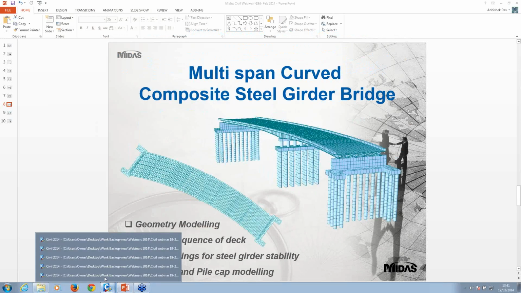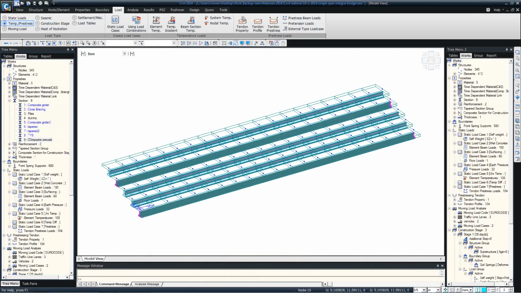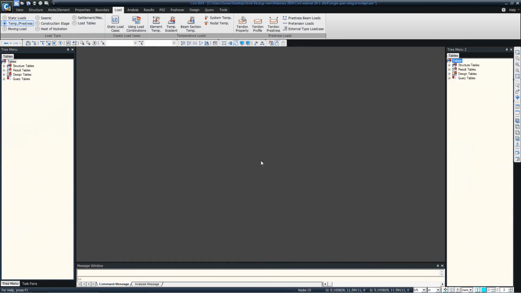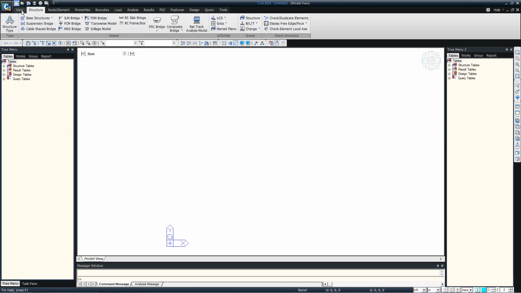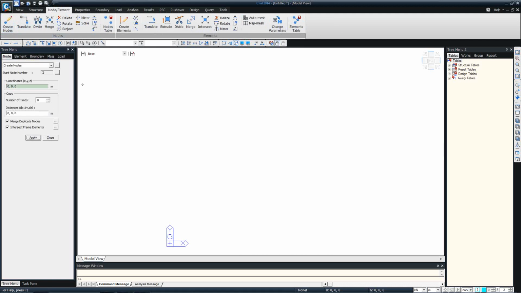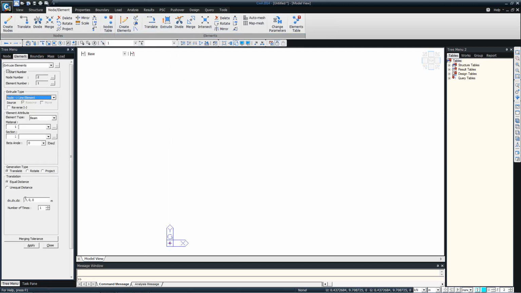So I'll go to the software now, and look at the modeling part. So how to model a curved bridge from scratch. Create a node again, apply, select this node, and this is going to be the center of the curvature. So this is the center, and go to extrude, in the X direction,